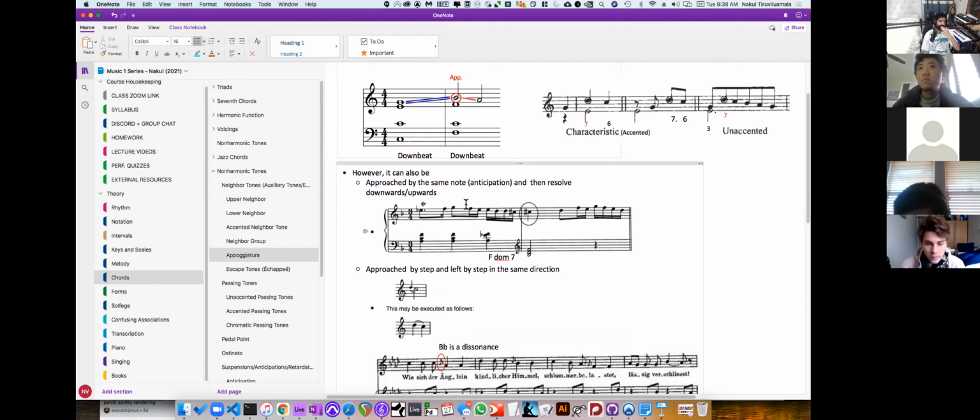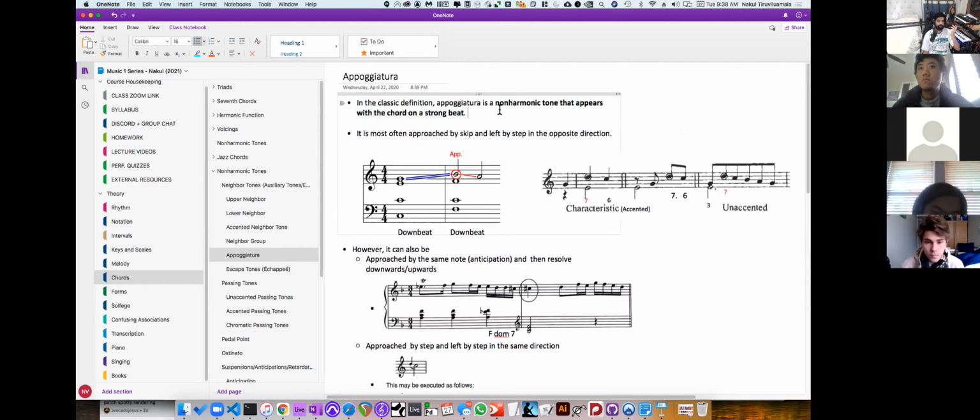But if we don't pay attention to the part about the skip and leaving by step in the opposite direction, and we just pay attention to the part that pertains to a non-harmonic tone that appears on the chord on a strong beat, and then maybe also resolves by step,